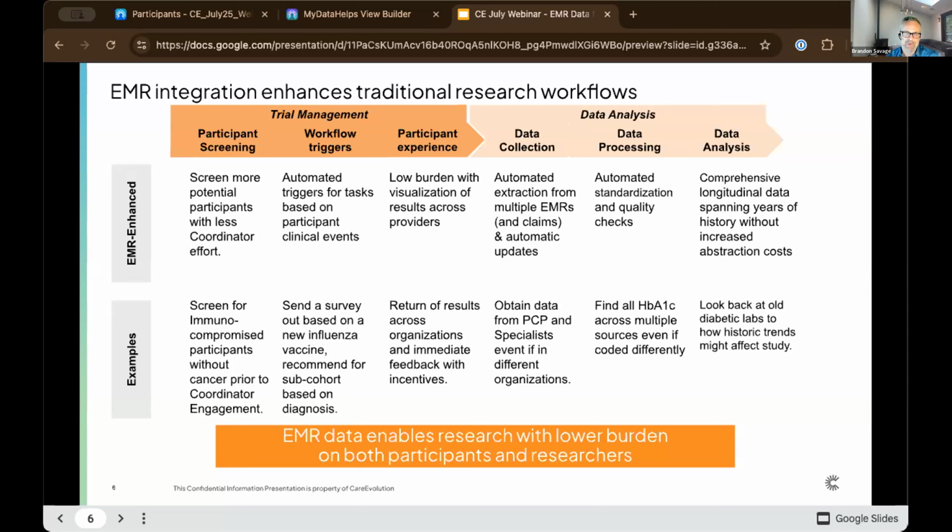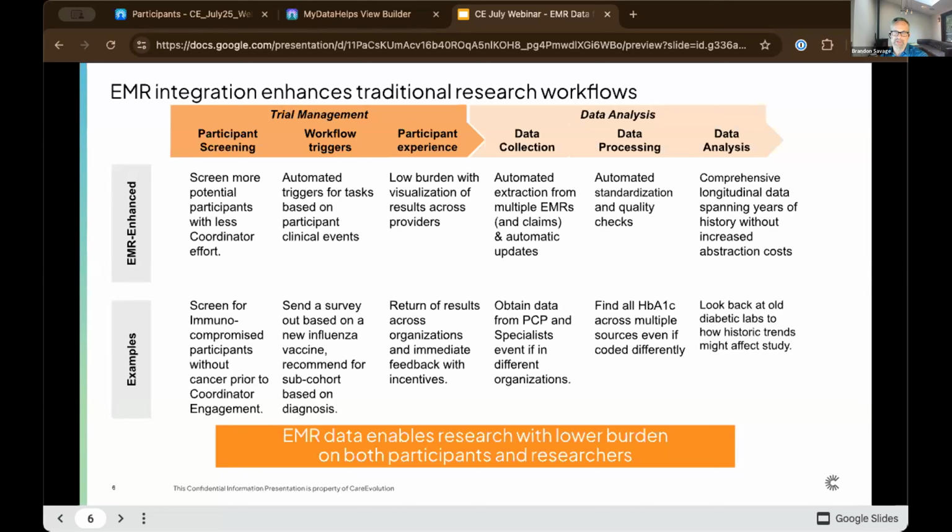One thing that happens automatically, but significantly improves the analysis experience, is the standardization of all of the data. When the data comes in, and let's say there is a hemoglobin A1C from 5 different sources, all of those hemoglobin A1Cs are standardized to a consistent code. So if you want to find all of the hemoglobin A1Cs, there's no special work that you need to do in order to compare and look at trends